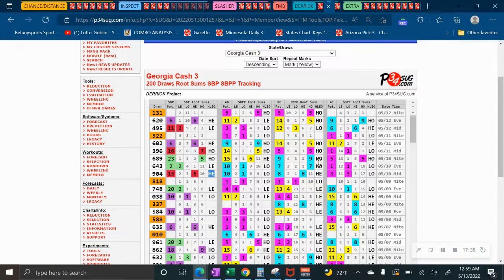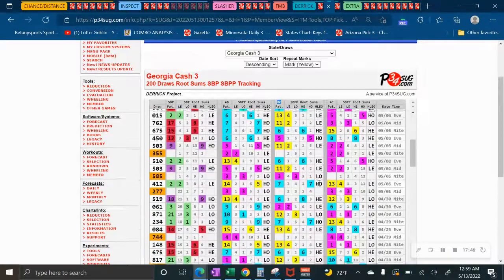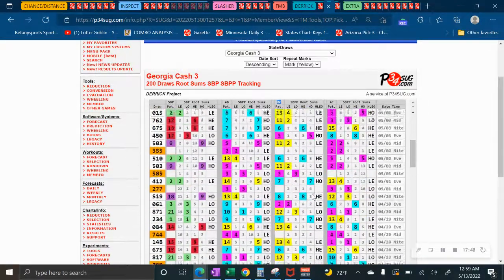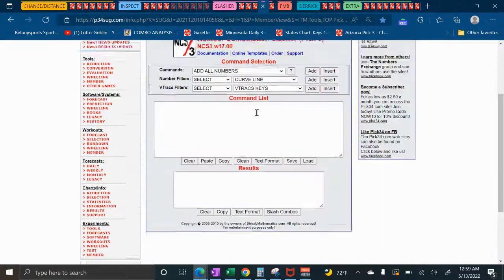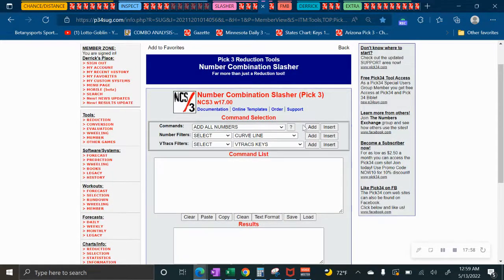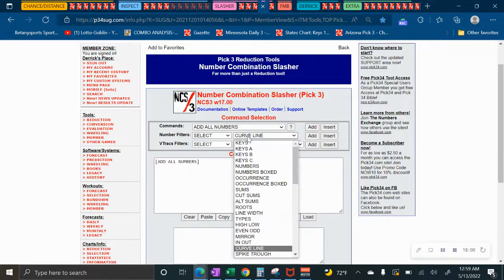Like this, okay, for real though. I mean, for real, there's gonna be a switch over here on the BC. I remember this is the BC, and that's going to be a switch for sure. And remember, if you think this is going to be a switch, to whatever you think it's going to be, let me show you again, just to show you. You do all numbers, don't do boxed, okay? And then you're going to do